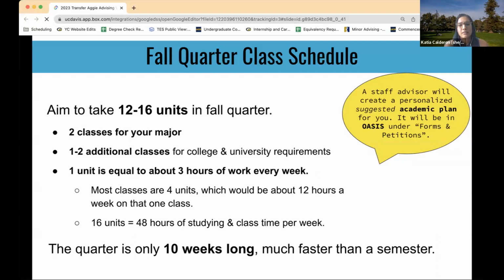We generally recommend taking anywhere from 12 to 16 units in fall quarter. Keep in mind that 12 is the minimum required to be a full-time student here at UC Davis. So anywhere from 12 to 16. And that's made up of